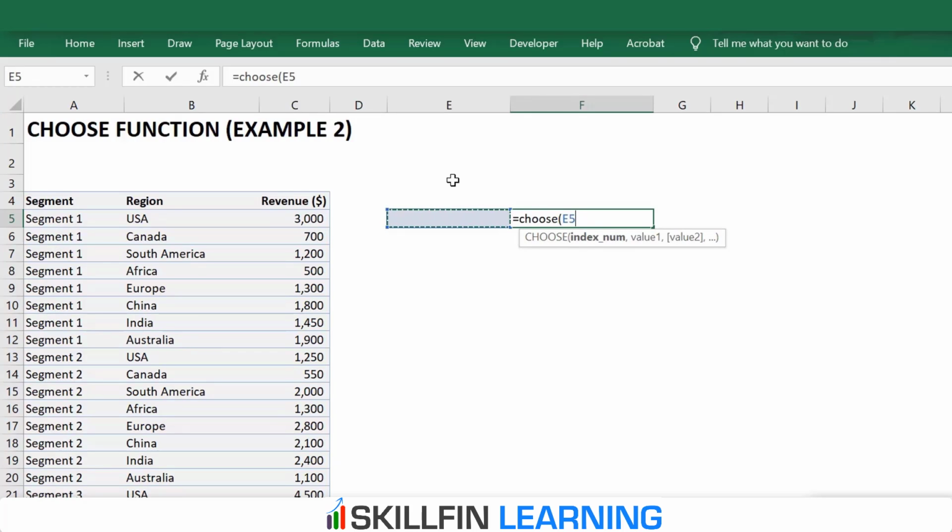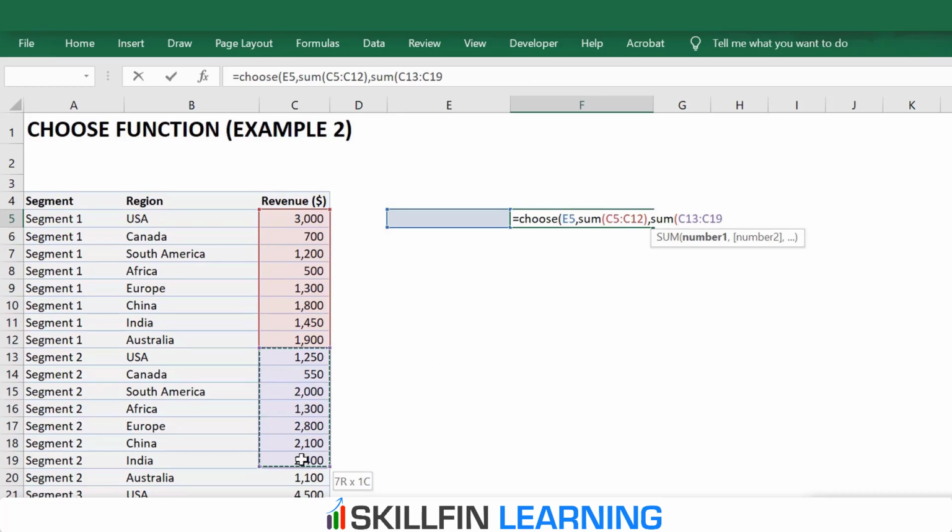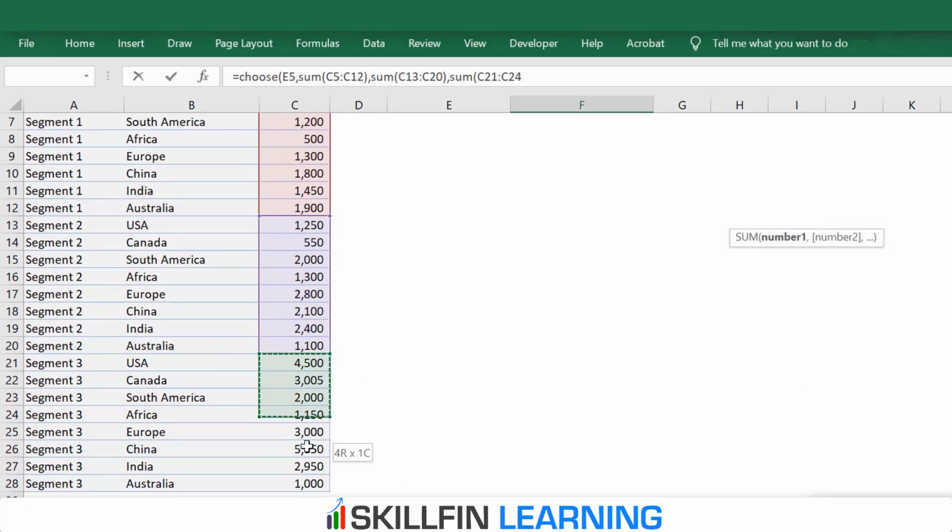So we'll link E5 and then value 1 is sum of revenues for segment 1, bracket close. Second value is going to be the sum of revenues of segment 2. And the third value is going to be sum of revenues of segment 3. Bracket close for the sum function and then bracket close for the choose function.